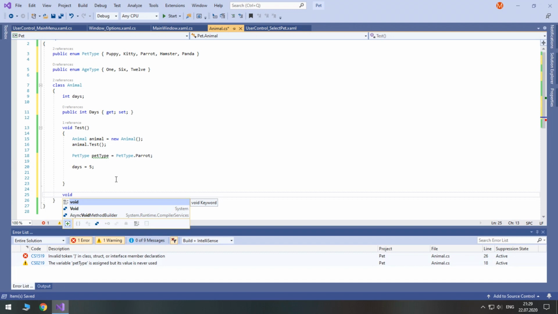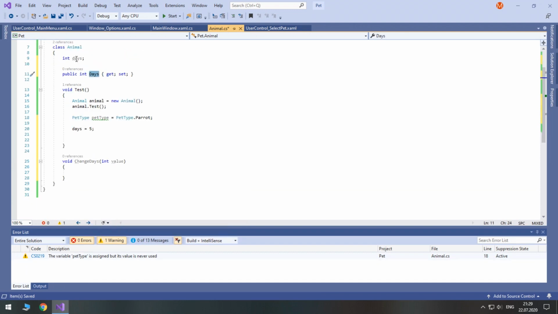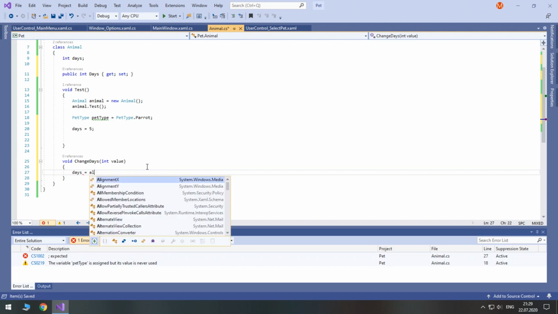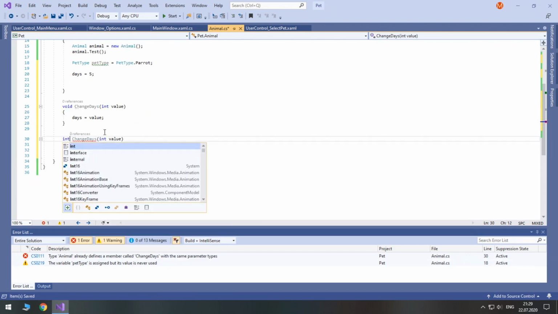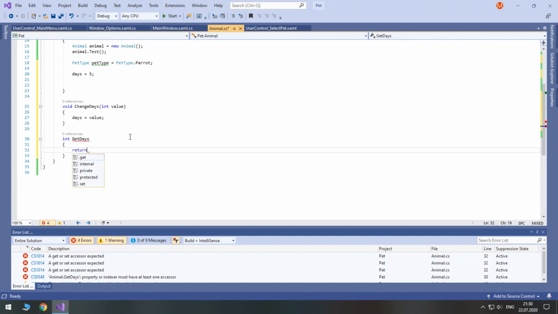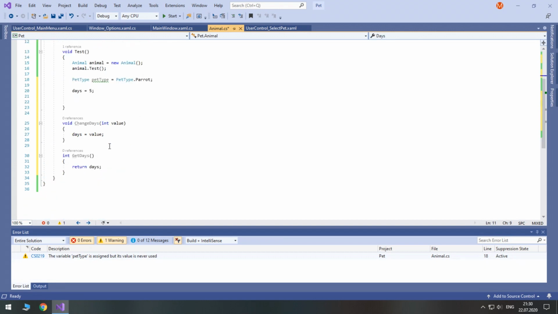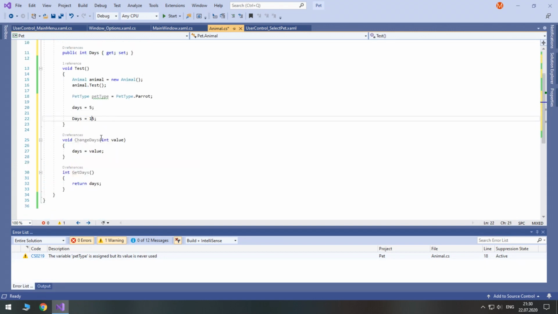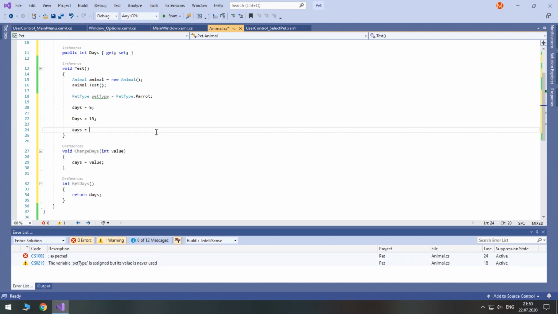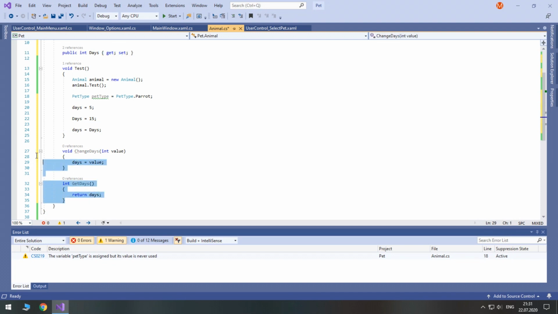You have a method for the setter, change days. Here you take the value and here you change it. Days equals value. As for the getter, you return its value in get days, and you return the days. This is what is inside this property by default. If I type days equals 15, we in fact call the change days, the set method for the property days. And when we try to use or reference our days, we use get days, that is, the getter. That's how it works. You don't need to create these methods explicitly.